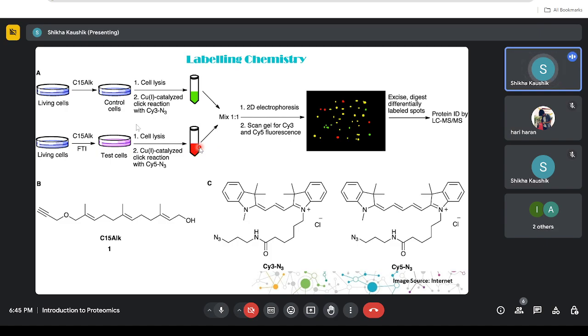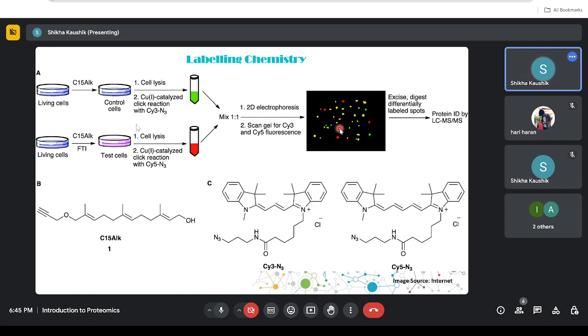So when you run your sample, you will get three different colors of spots. One is red, another one is green, and there is yellow. Yellow are the spots that are present in both the samples. These are the proteins that are present in both the samples. Red will give you proteins that are present in your test sample, and green will give you the proteins that are present in your